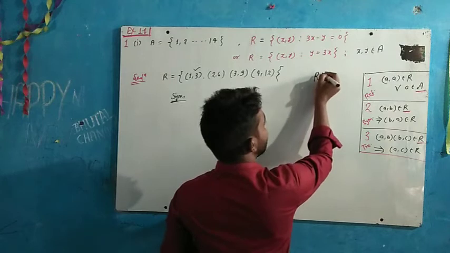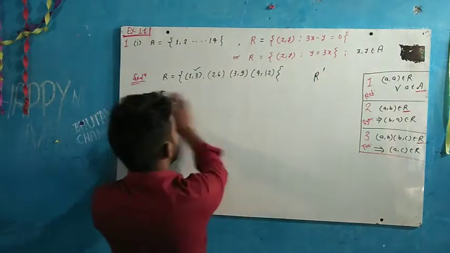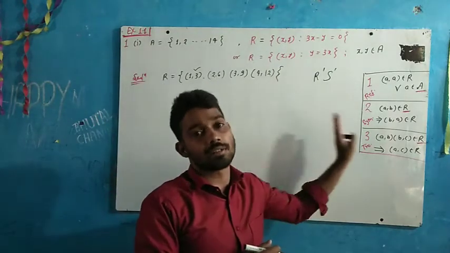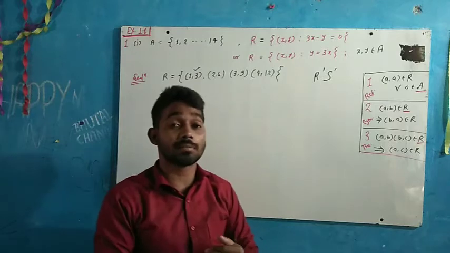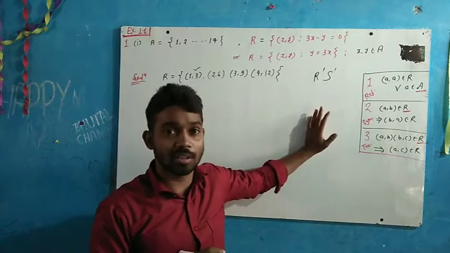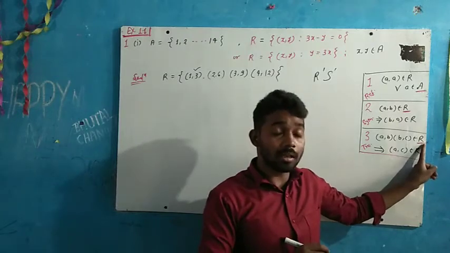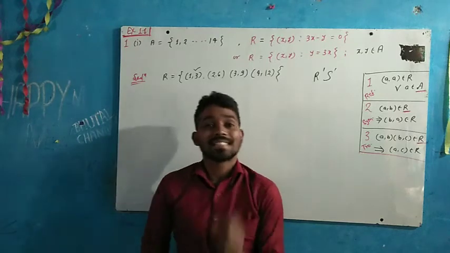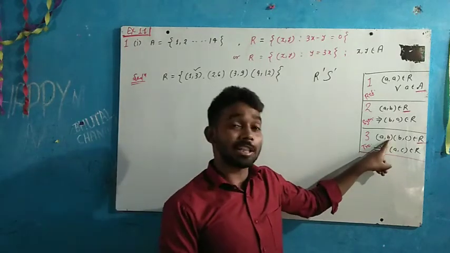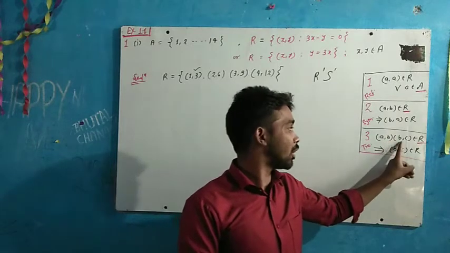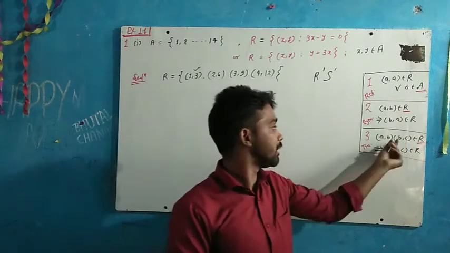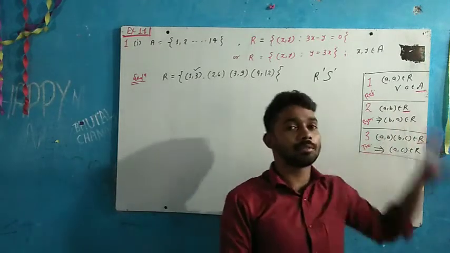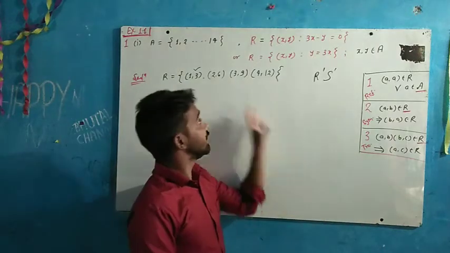So what is the conclusion? R' means non-reflexive, and S' means non-symmetric. Clear? Now the next one is transitive. I have told you the method in the previous video, how to check. Again, focus on the elements of capital R. We take two elements of R such that the second coordinate of the first ordered pair and the first coordinate of the second ordered pair are the same. If the first is connected with the second, and the second is connected with the third, then the first should be connected with the third, and we have to check this for each element.